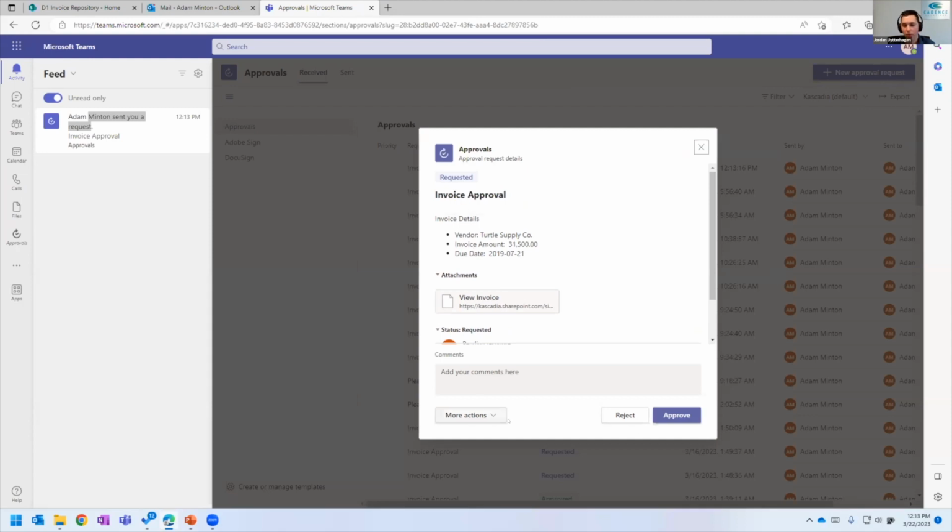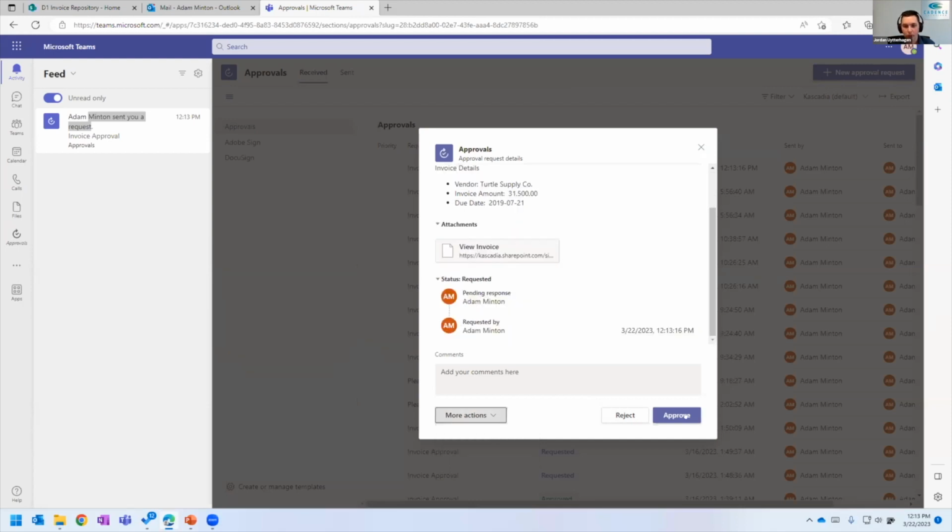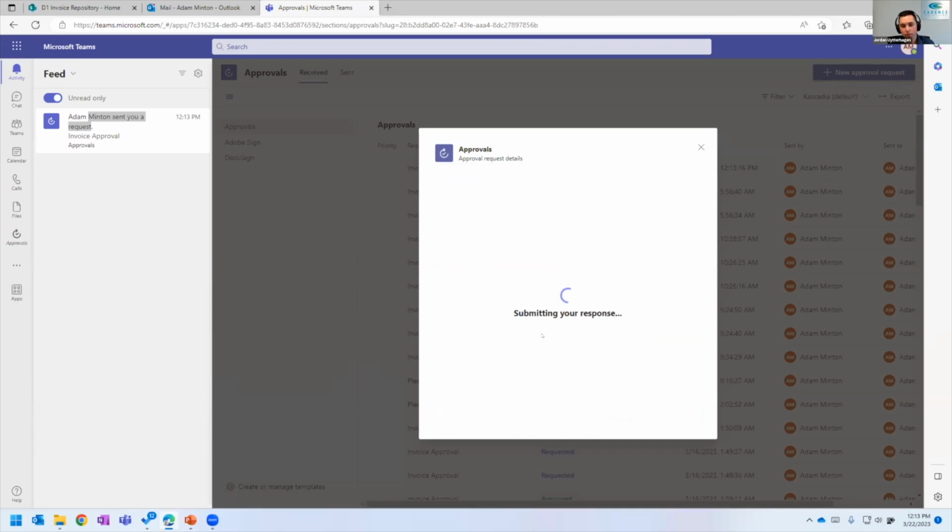And then I can approve or reject or take a different action. So I can reassign this to somebody else, cancel the request altogether, or kick this back to a vendor saying, hey, we already paid this, or maybe something isn't correct, even though the validation was correct. It may be an invoice that we're just not ready to accept. We can push this forward, submit the response,